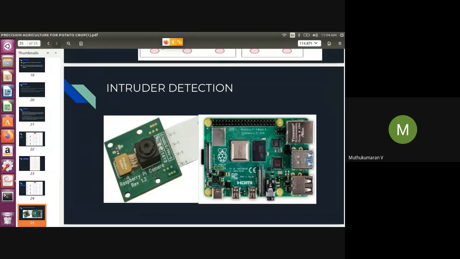Then for intruder detection, intruders are detected with the help of a Raspberry Pi, PIR sensor and camera in a timely manner. During peak hours of intruders, the Raspberry Pi will be turned on by the user, which then monitors the region with the help of the camera and the PIR sensor. When an intruder is detected by the PIR sensor, the camera gets turned on to capture and send an image of the intruder via email. And the Raspberry Pi also turns on the alarm. For this, 2 sets of Raspberry Pi, PIR and camera are deployed at the corners.